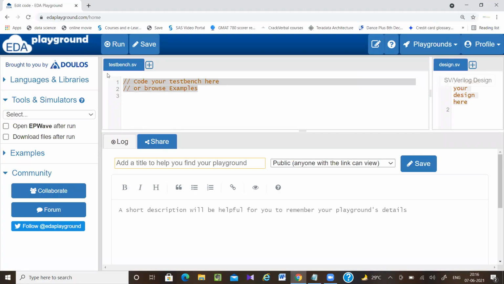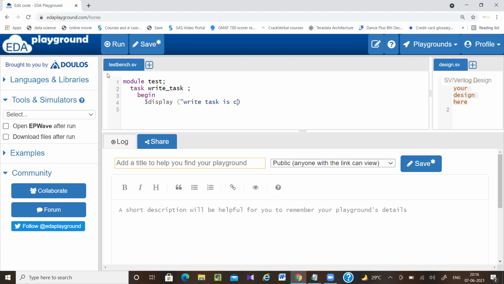So here: module test, task write, display called. Here you can add any logic according to your requirement; I'm not going to write those things. I'm simply writing three tasks.